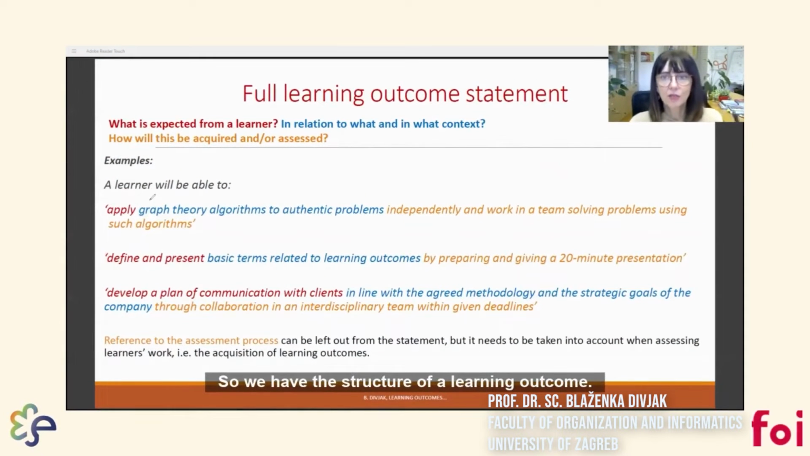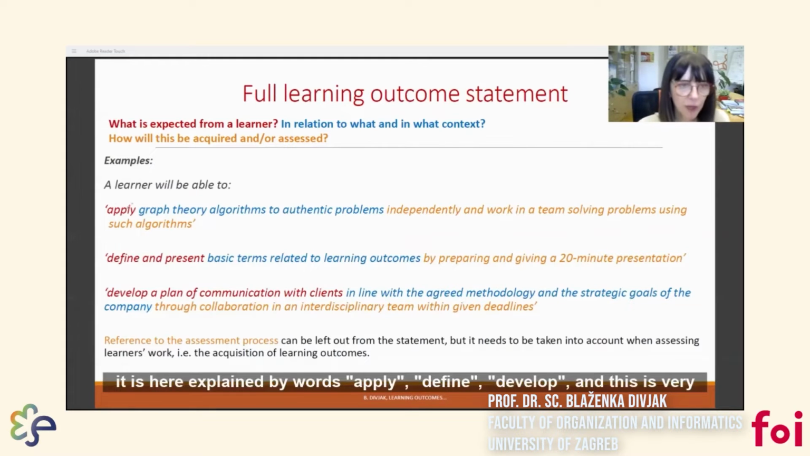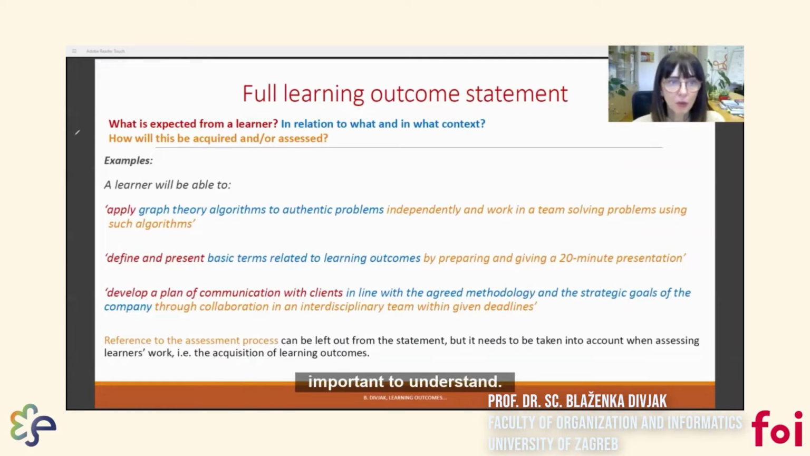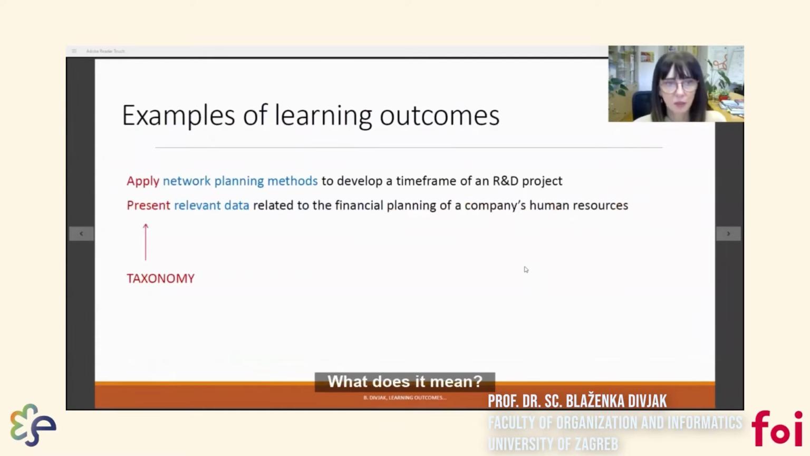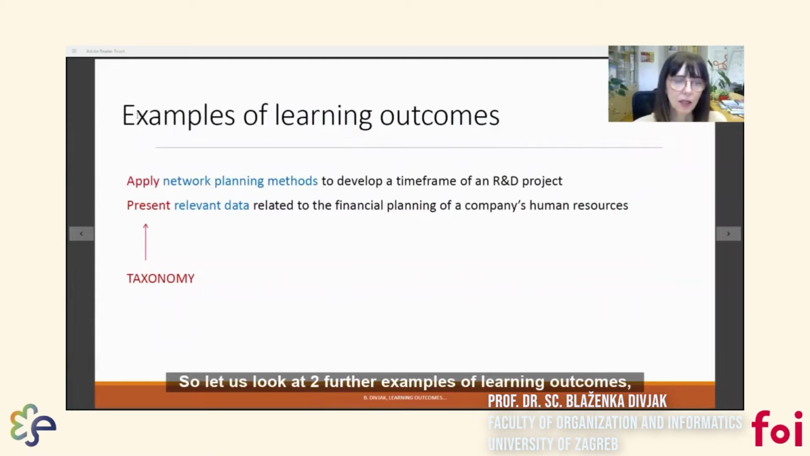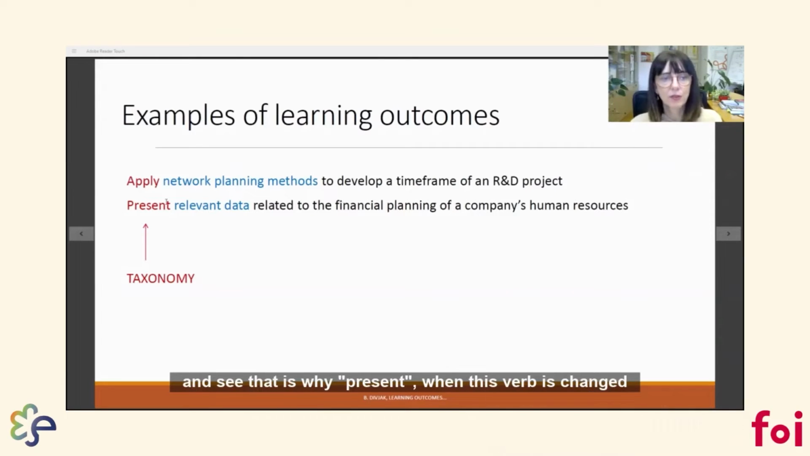We have the structure of the learning outcome, but this level of learning outcome in some hierarchy is here explained by the words apply, define, develop. And it is very important to understand what that means. So let us look at two further examples of learning outcomes,